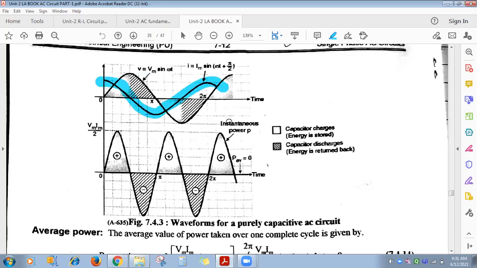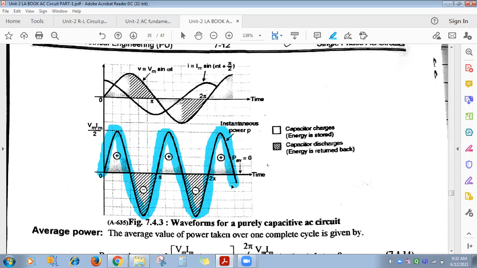You can draw. So here you can see the phase difference between voltage and current is 90 degree. Current leads voltage by 90 degree. Now what about p of t? What expression did we get? Plus Vm Im upon 2 sine of 2 omega t. So omega t there you put from 0 to infinity. You will get a waveform like this. It is the reverse of whatever we got for the inductor. Wherever plus negative cycle is there, and so on. So you can see in this waveform, it completes one complete cycle from 0 to pi. So the average value over one complete cycle, that is from 0 to pi, is 0. That's why the average value will be along the x-axis.